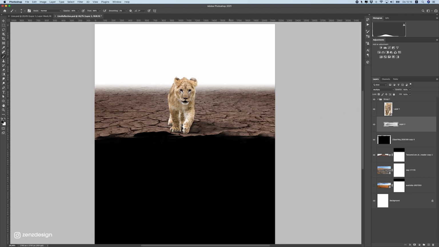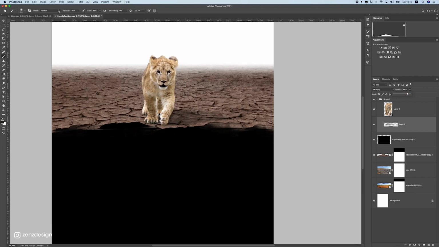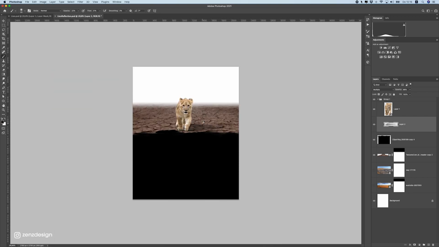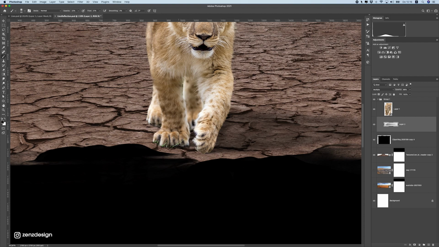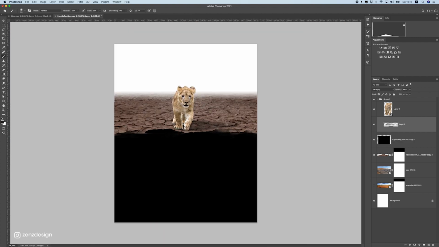Now, if it's a bit too dark, you can see it looks a bit too dark. I'm just gonna drop the opacity slightly here, just a little bit to 90%. And you can eventually even brush more if you want to make this really perfect. Let's do a little bit more here, just to make sure we have enough shadows on this side. All right, I think this is fine for now. I'm gonna leave it like this.